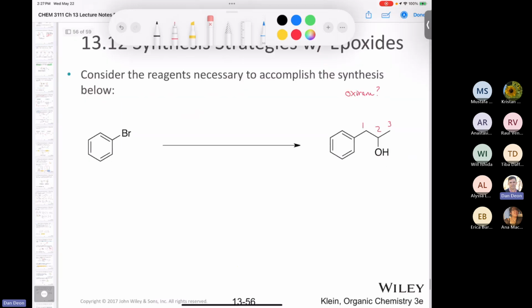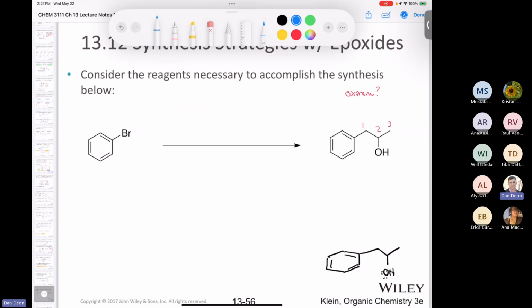Dion's retro synthetic way of doing it. And I'll draw it down here. And again, this is not official or anything. I just find it's the simplest way to get the right epoxide. So, oops, don't even have my hydroxyl in the right place. There we go. Okay, so you do this, and then you kind of go backwards with your curved arrows, and